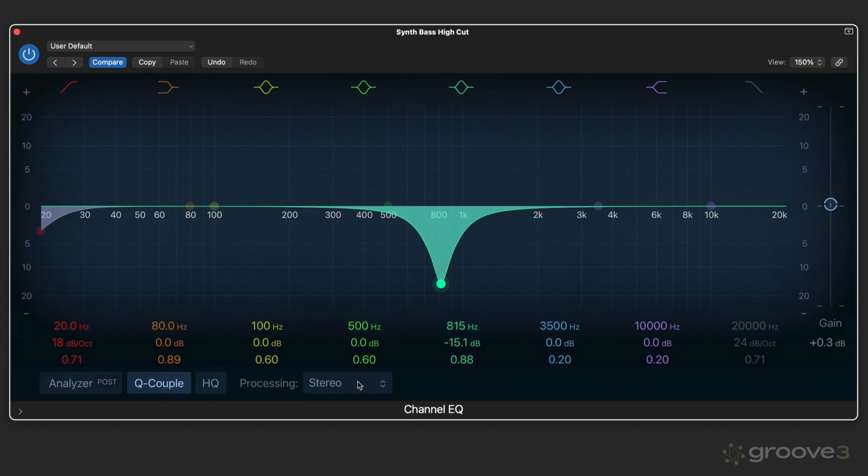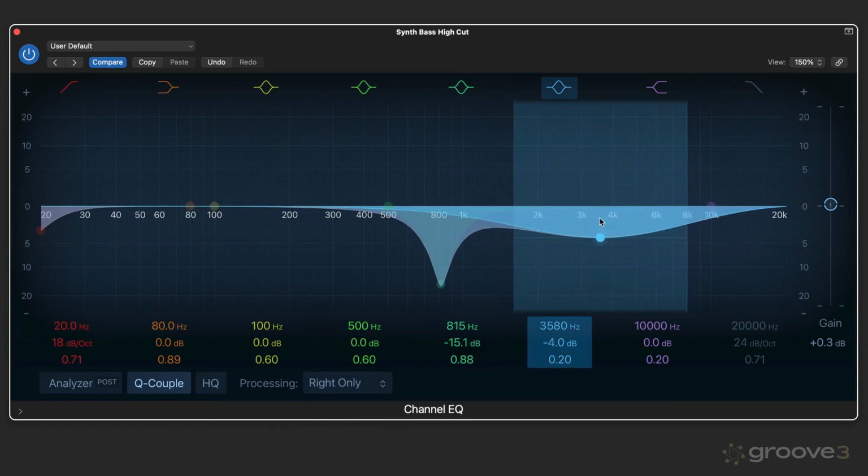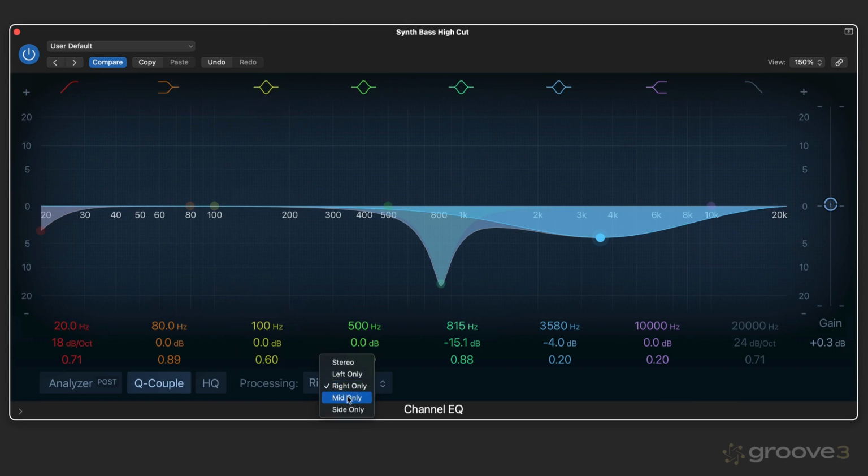And then we have this, which is very interesting. By default, if you have this on a stereo track, it'll process both the left and right together, but we can process the left and right independently. Maybe you have some drum overheads and the ride cymbal on the right is a little more strident and you need to maybe do a dip down there, but you want it to affect the right channel only, just for example. And then we can operate on mid and side signals only, which we'll explore in another video, but it's a very powerful way of dealing with the stereo spectrum in terms of what's the same on both sides and what's